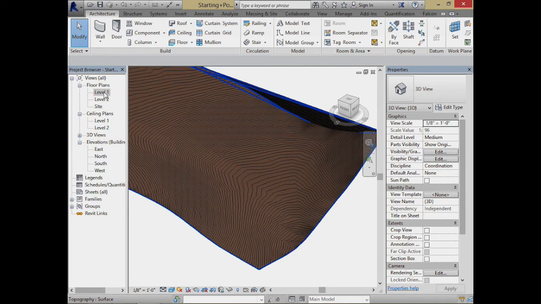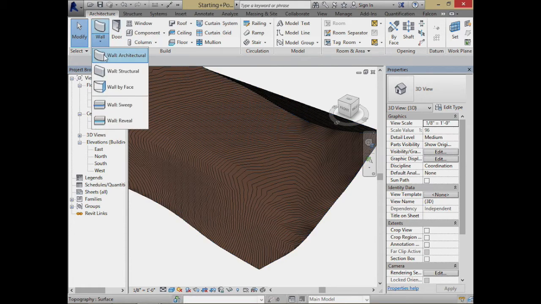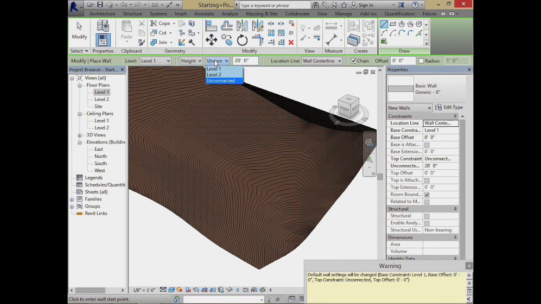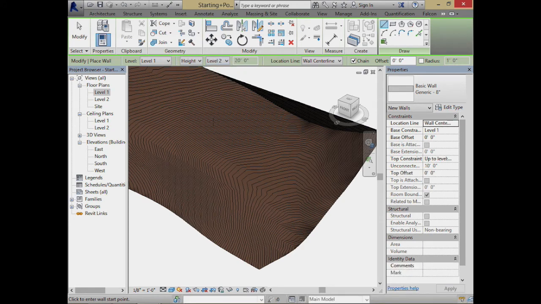So in 3D, I'm going to put some sort of building. I'll make it go from level 1 to level 2, just as a starting point. Okay, and from that, I can start actually drawing some sort of building. Now as I'm drawing this building,